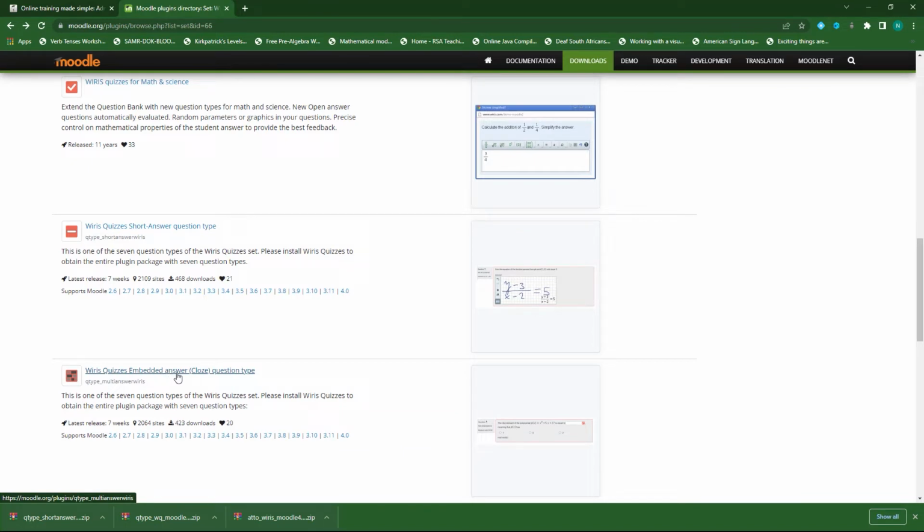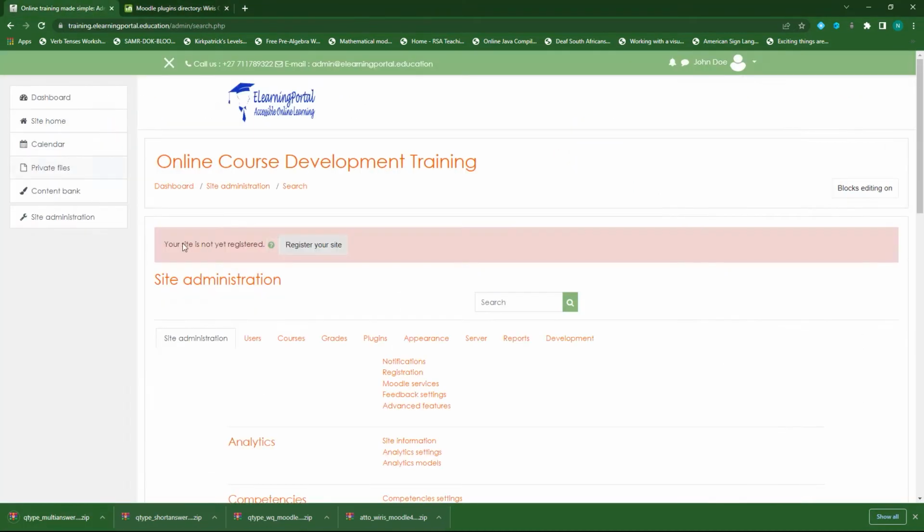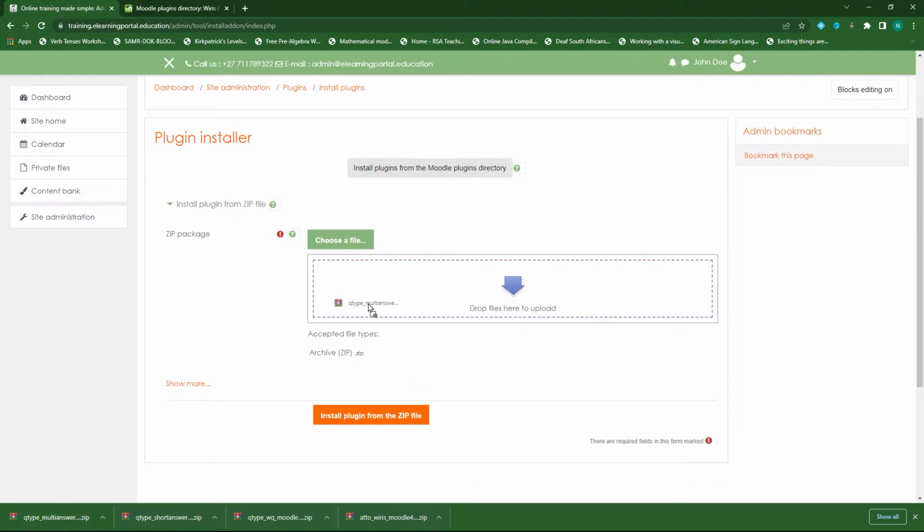Let's install the embedded answer question or the closed question type. You can also click on 3.11 since I have Moodle 3.11. If you have 4.0, you can click on 4.0 depending on the version you have. So click on 3.11 and I'll download that version. It downloads to my computer. I go back to my Moodle site, click on Plugins, click on Install Plugins, drag the downloaded plugin,